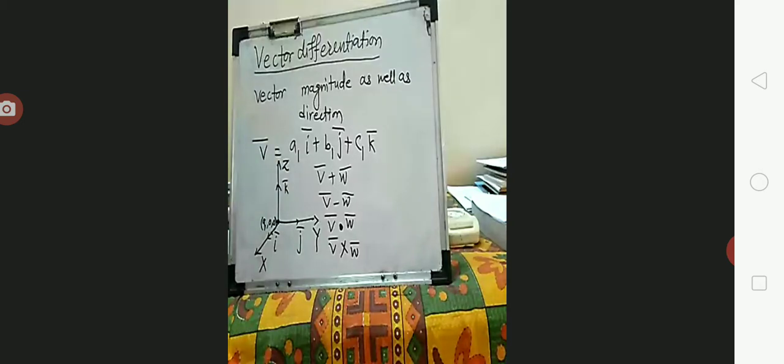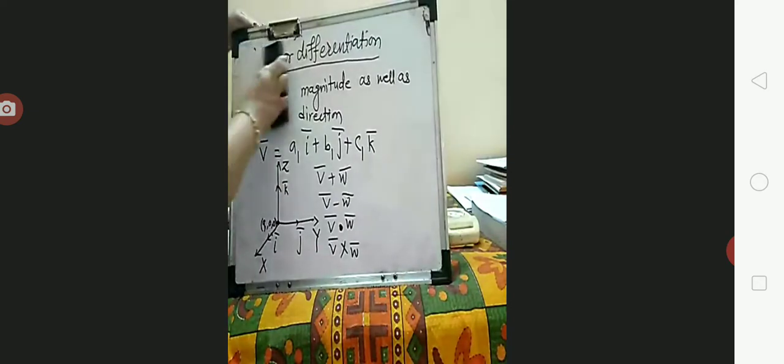Therefore we can say this is the structure which defines the set of operations as plus, minus, dot and cross. But can you divide any two vectors? The answer is no. You can't divide any two vectors. That operation is not defined in the case of vectors. Now, how to add the two vectors?